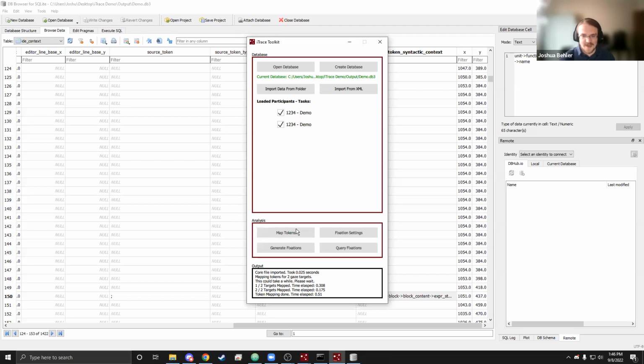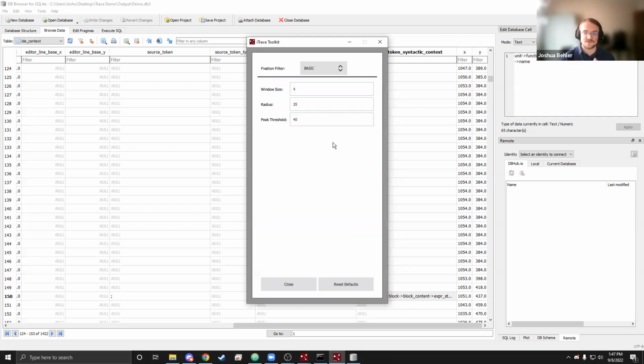So the next step after mapping the tokens is to generate fixations. All we have right now is just individual raw gaze data of where our eye was looking at any given millisecond. However, eyes don't really work like that. Eyes will focus in on something and then dart over to the next thing to look at. So in order to calculate what our eyes were focusing on, we have 3 different algorithms to detect it: